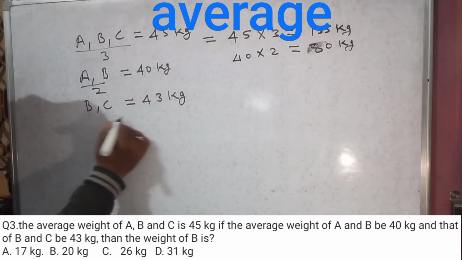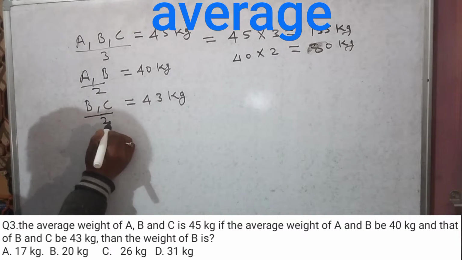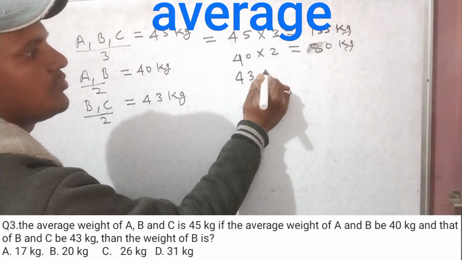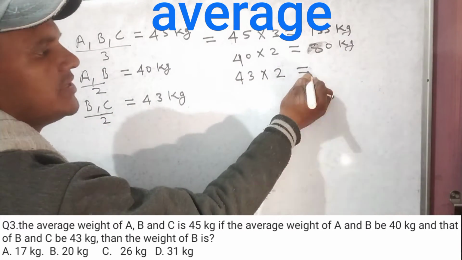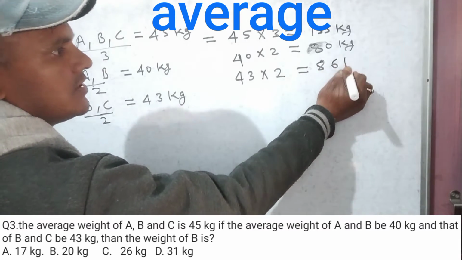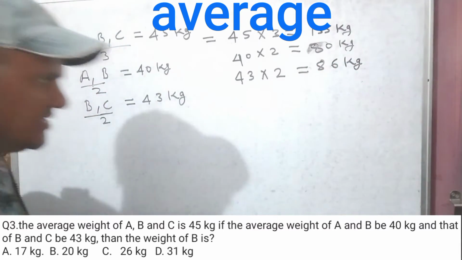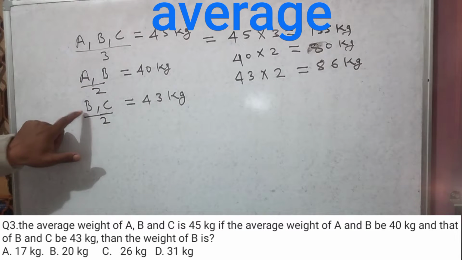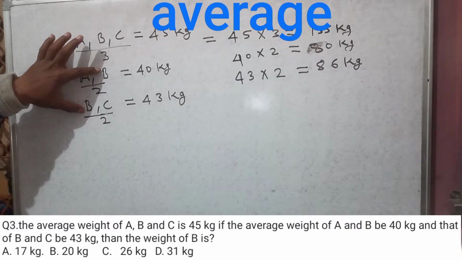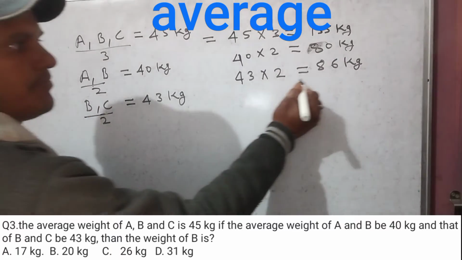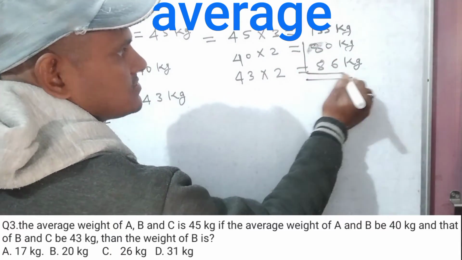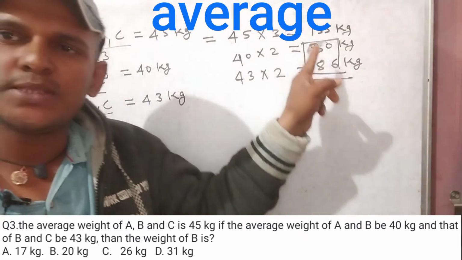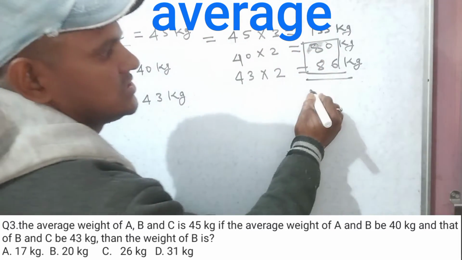B and C, there are also 2, so 43 into 2 will be 86 kg. Now see here friends, A, B and B, C. So B is common, right? So first of all add this. 80 plus 86 will be 166